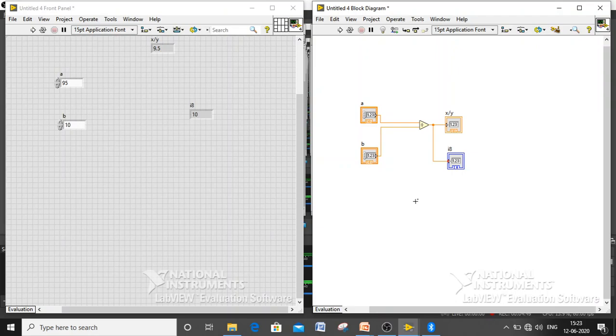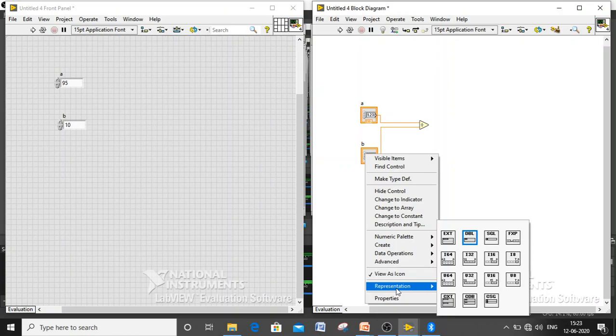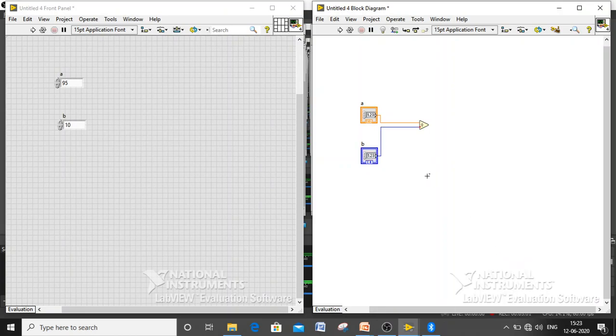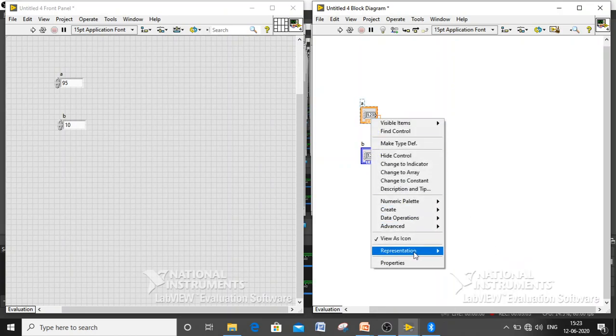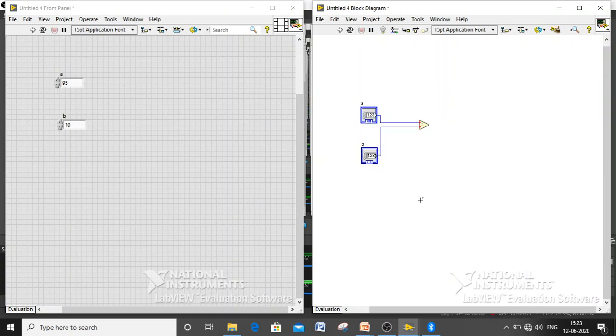Here you have to consider one more important thing, the coercion dot. When you have different representations of numeric data types, here I have I8, here I have U8, you may see a red dot, which is nothing but a coercion dot.